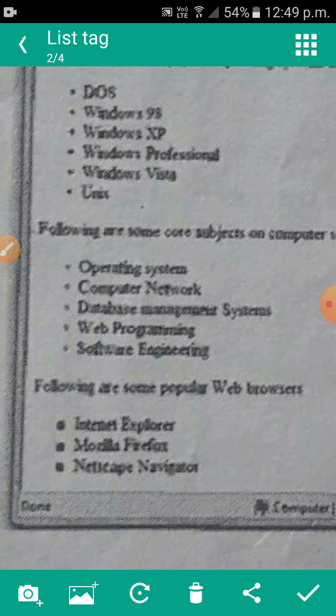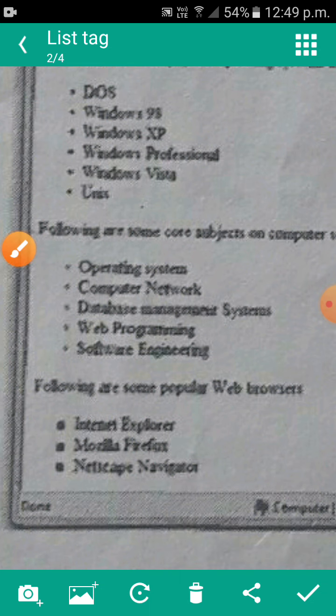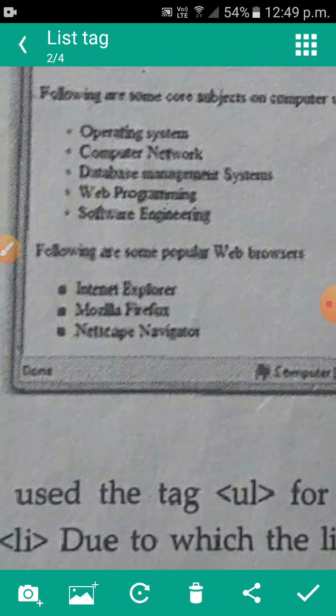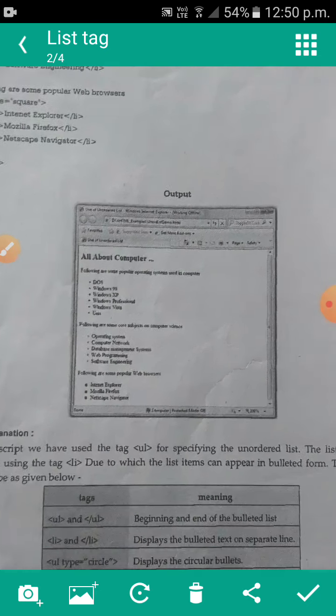In the next list, for the popular web browsers, we gave type square, so square bullets are displayed, for Internet Explorer, Mozilla, then Netscape Navigator. This is an unordered list.